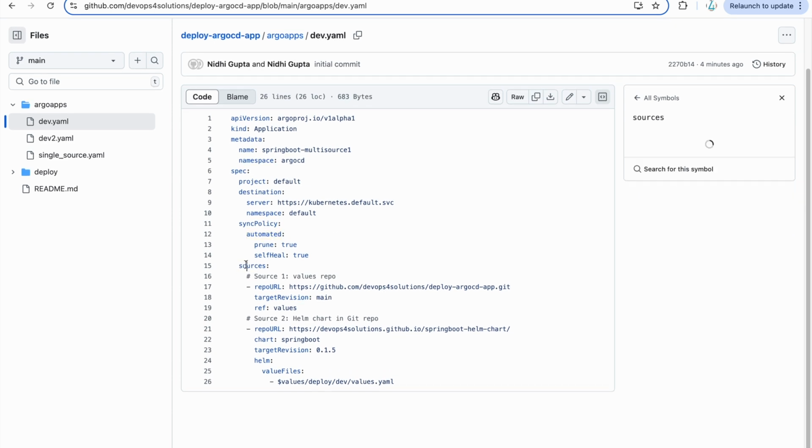And then the sources. This is the multiple sources that I was talking about previously. Before Argo CD 2.6, they were not providing support for multiple sources, so you had to have one repo only, but now they do support that. So what is this manifest? The deploy files that you have here, the values file, would be your manifest file, the actual Kubernetes configuration that you want to deploy. And this is the application.